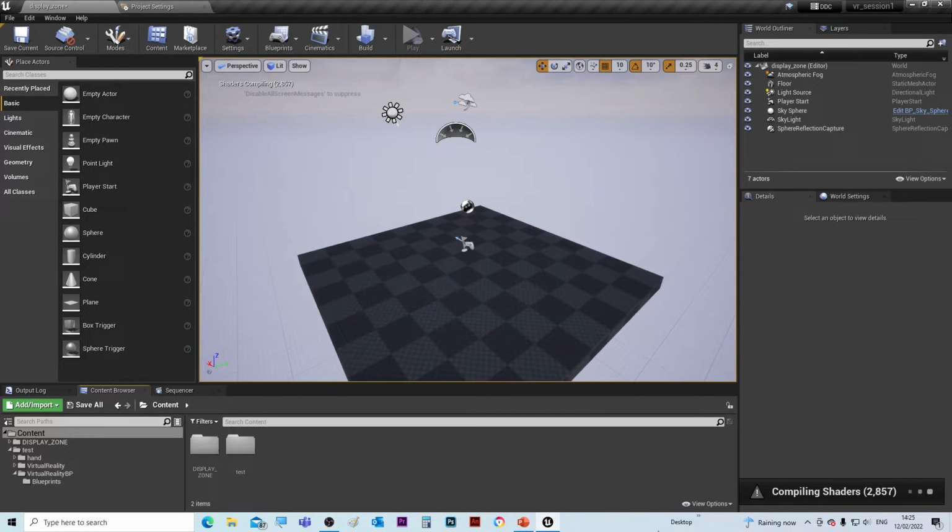Okay, so we've just loaded up the VR Session 1 project, and you'll see in the content browser at the bottom two folders, and in the 3D view you'll see the default world. And what we're going to be doing in this first session is showing you how you build a gallery